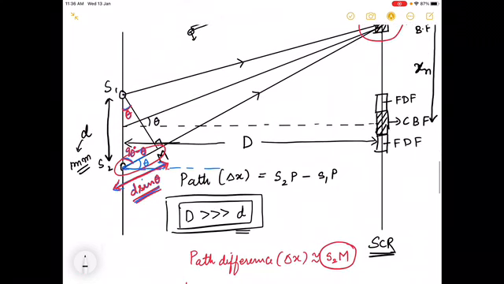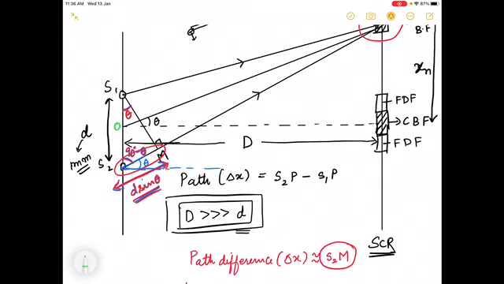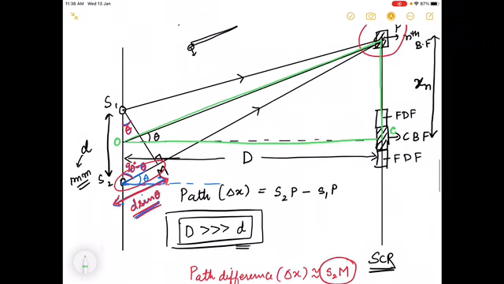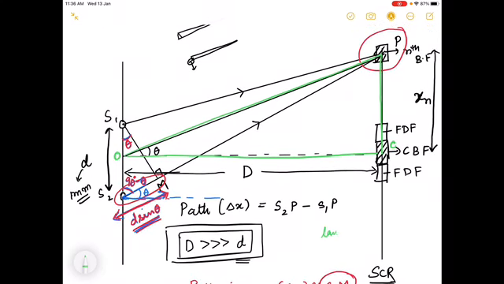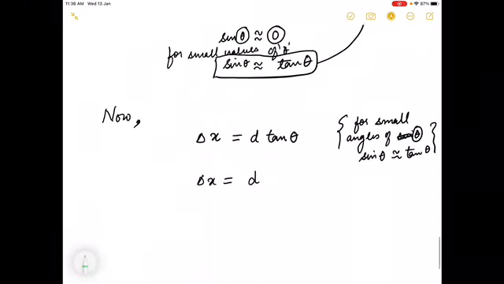Let's go back to the diagram here, right. Look at the triangle. Let me call this O point, let me call this C point, right. Look at triangle OPC. If somebody asks what is the value of tan theta for triangle OPC, tan theta is equal to perpendicular upon base, right. The perpendicular is xn. The base is d, so xn upon d. Take some seconds to understand this. I'm looking at triangle OPC, right. So let me write it here.